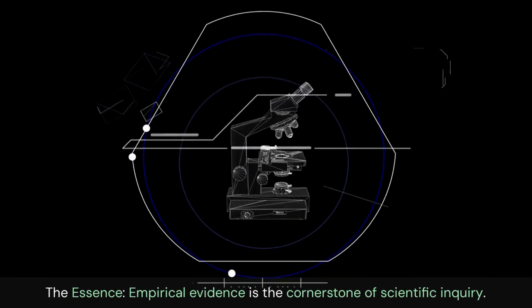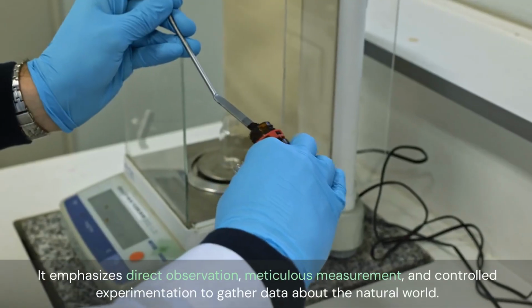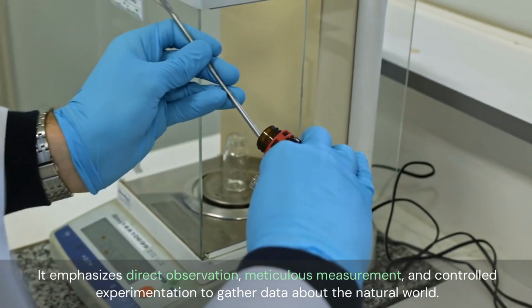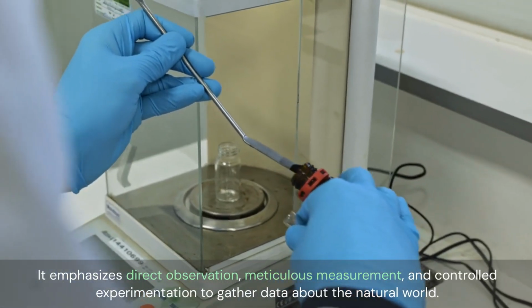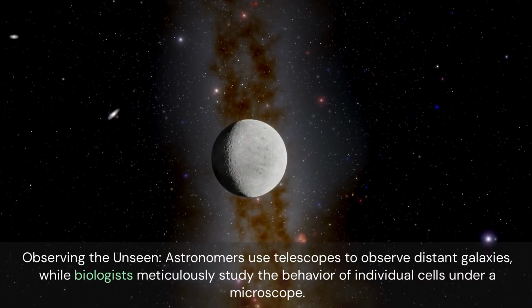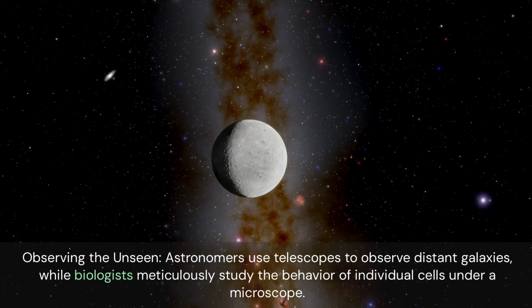The essence: empirical evidence is the cornerstone of scientific inquiry. It emphasizes direct observation, meticulous measurement, and controlled experimentation to gather data about the natural world. In action, observing the unseen: astronomers use telescopes to observe distant galaxies, while biologists meticulously study the behavior of individual